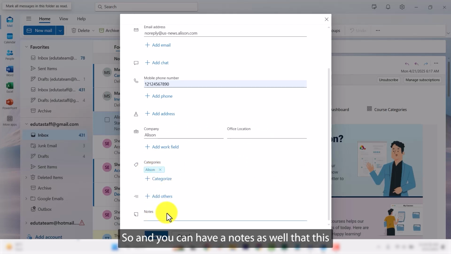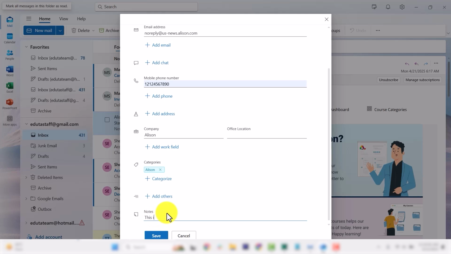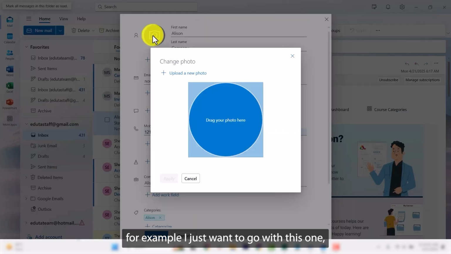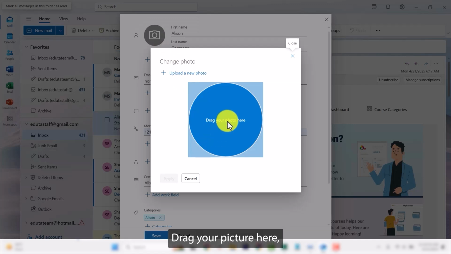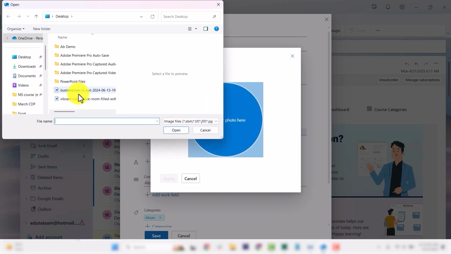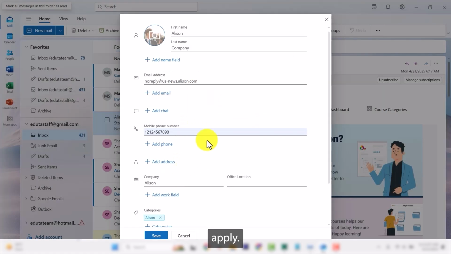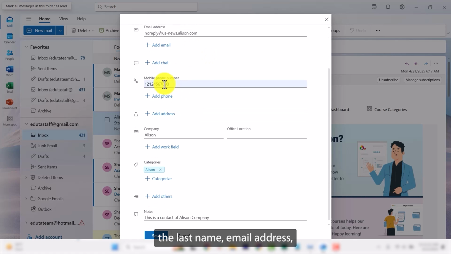And you can have notes as well, that this is a contact of Allison company, and you can have a picture as well. For example, I want to go with this one: drag your picture here, upload a new photo, and apply. So we have changed the picture, the first name, the last name, email address, mobile number, and company as well. And you can click on this save,